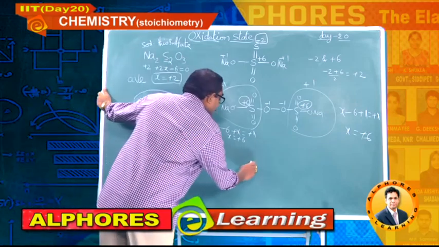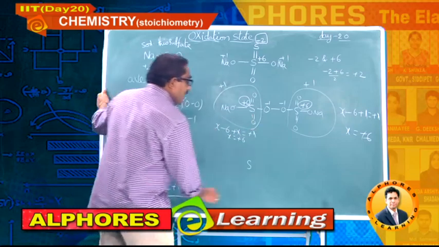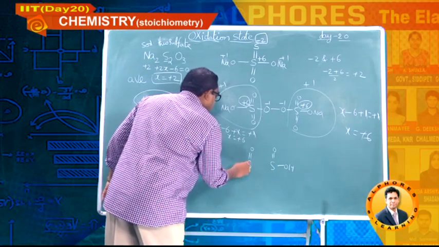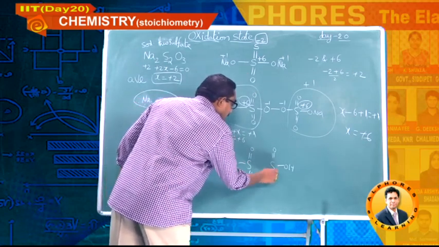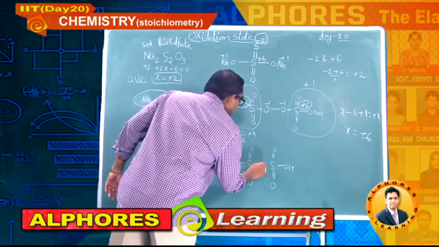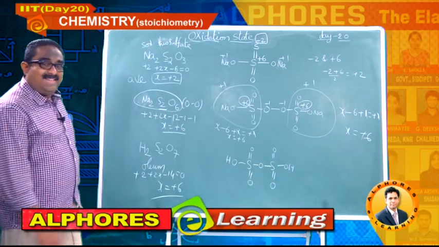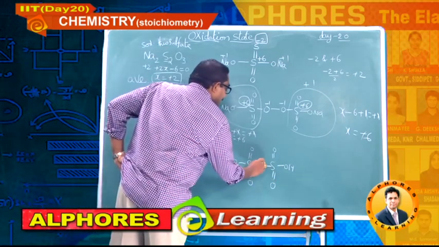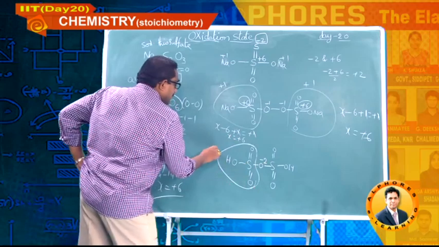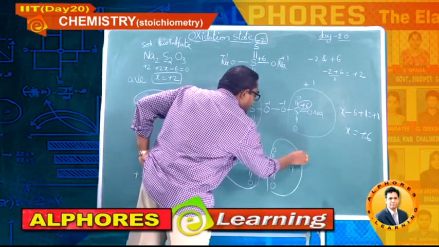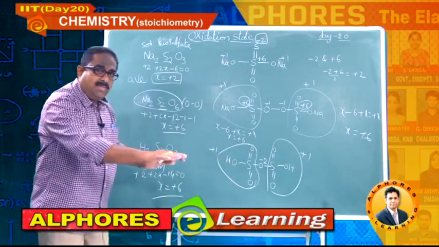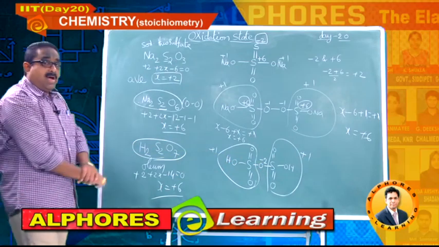Let me draw the bonding. Let me write the bonding in this first of all. Right, 2 sulfurs, oxygen, oxygen, OH, oxygen, oxygen, one more oxygen. That is the structure. Okay. For this oxygen it is -2. That should be exactly balanced by both the sulfurs. It should be equal to +1 and this also should be equal to +1, so +1 +1 is +2 and this -2. Total becomes 0. Then only you will get a neutral molecule.